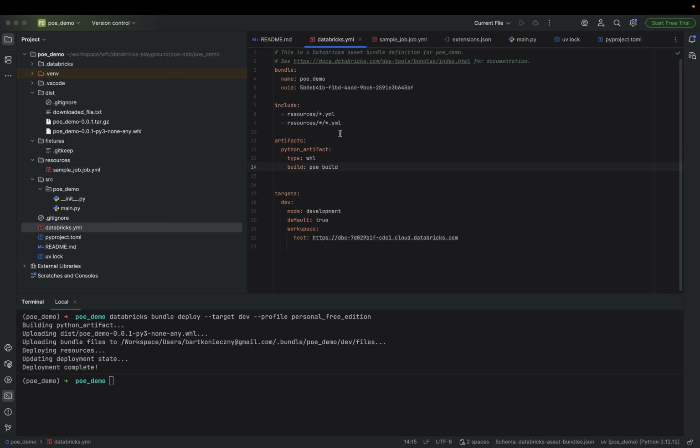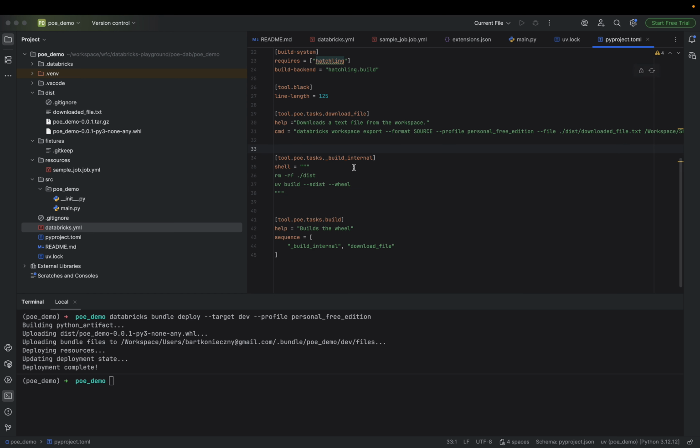And as you can see in the bundle definition, we don't have anything complex. It's just a build command that is later declared according to the Poe API, and it's pretty awesome because each API standardizes things,